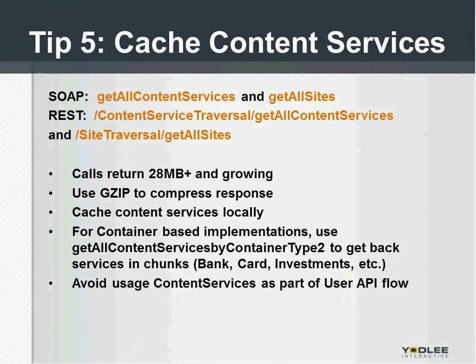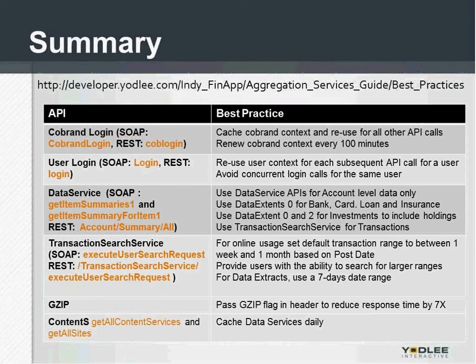And our final tip is to avoid usage of the content service as part of the API flow. We do see sometimes customers will interject a content service call in the flow of a user interaction, and you can save yourself some time and improve your performance by just leveraging your own content cache of your own content services. So in summary,